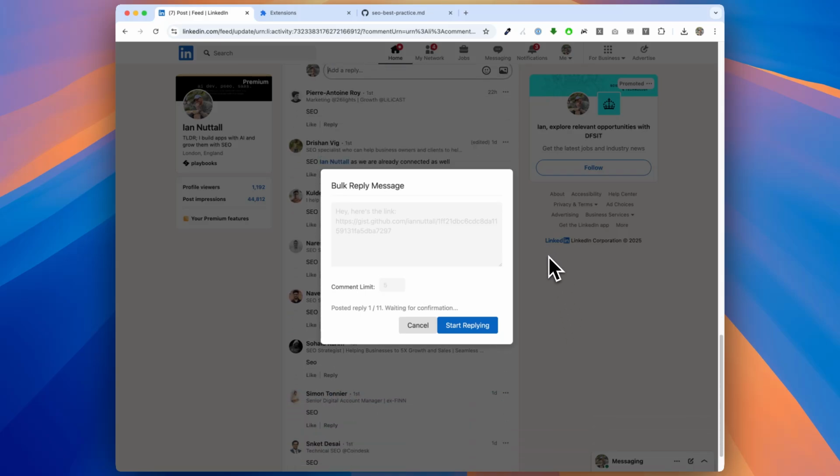Send. Waiting for confirmation. Oh, it's added in a serious amount of wait, which is fine. I guess I could just leave this in the background. What I would like is for that to count down.